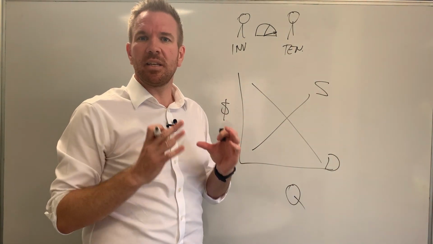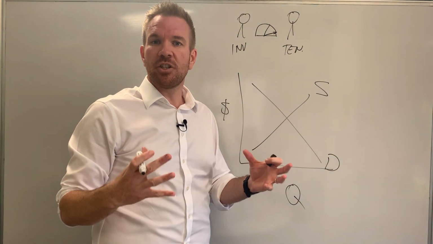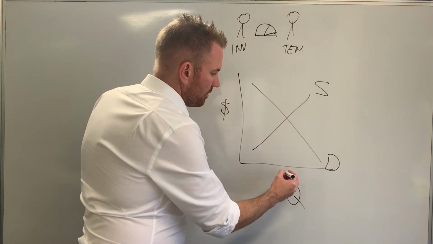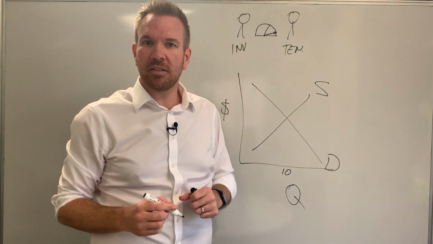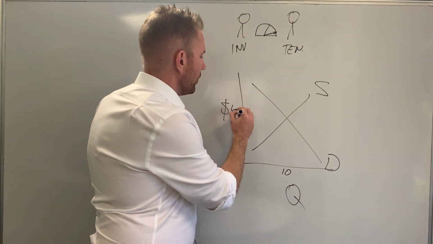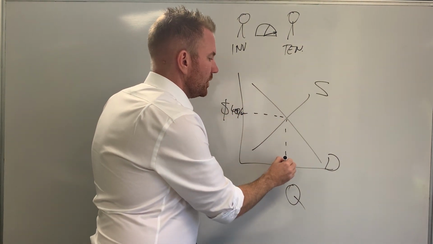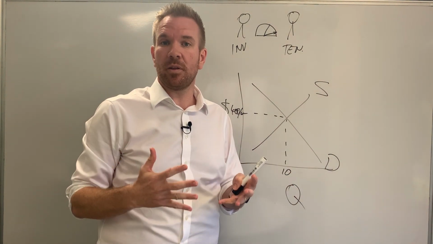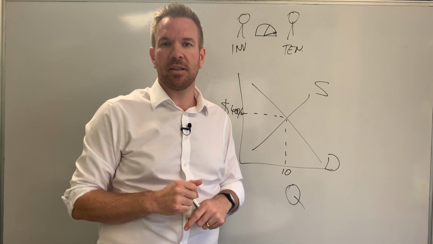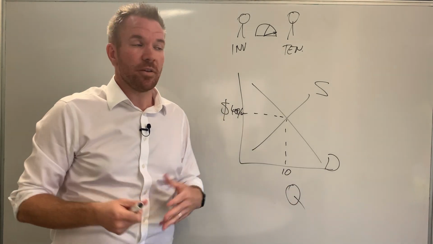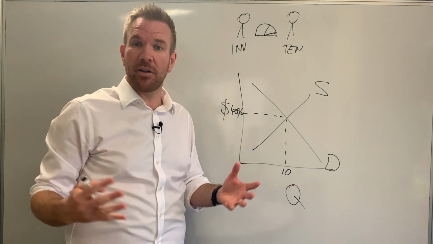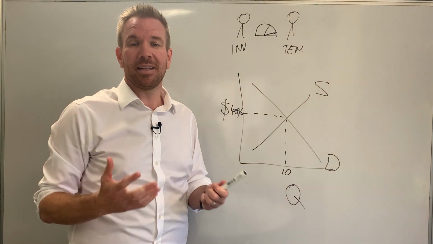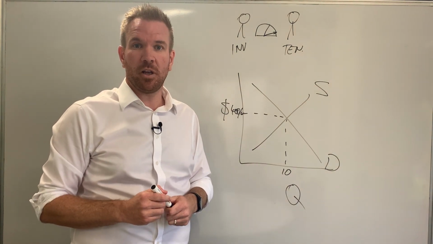So if we think about a particular suburb and a family or a multi-generational tenancy that's looking for 4-bedroom houses, that suburb may have 10 4-bedroom houses available, and they're currently renting for around $400 a week, which is where we find our equilibrium. So that's where the supply meets the demand, and we know roughly what the price or value of those 4-bedroom houses are in that suburb. Clearly, if someone came in with a $500 a week 4-bedroom house that looked very similar to the rest of the stock that was available, they're unlikely to be able to find someone to rent it at that rate because the market is so much further below that.